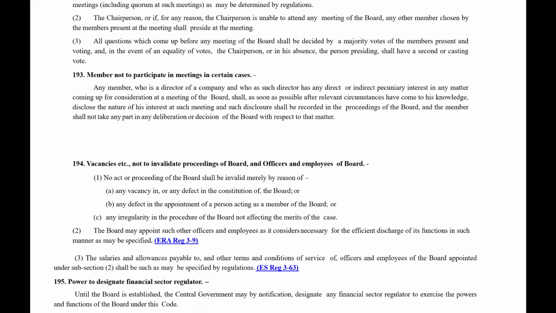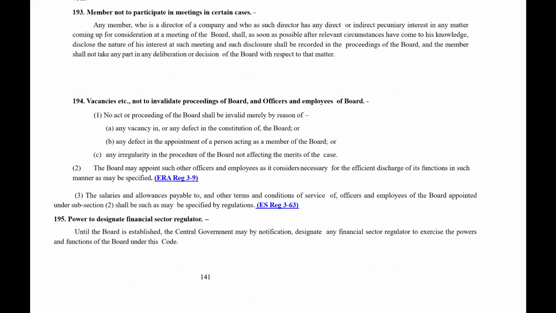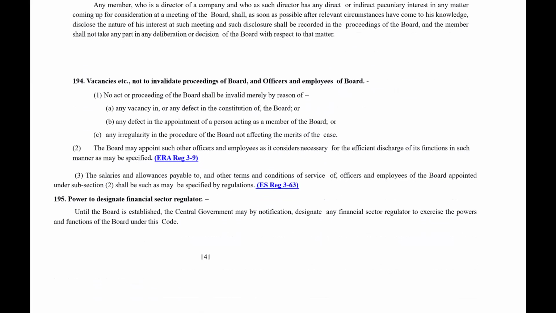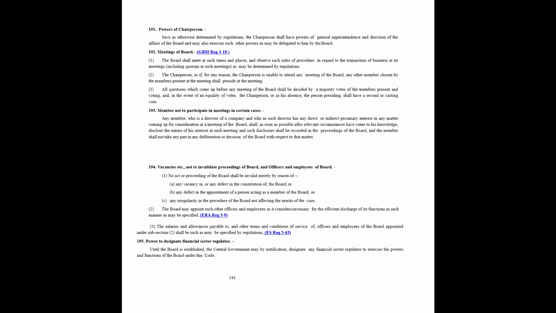ठीक है, नाउ सेक्शन 194। सेक्शन 194 बोलता है वैकेंसीज एटसेट्रा नॉट टू इनवैलिडेट प्रोसीडिंग्स ऑफ बोर्ड एंड ऑफिसर्स एंड एम्प्लॉयज ऑफ द बोर्ड। ठीक है, अच्छा, बोर्ड में जो एम्प्लॉयज के लिए है आपके एंगेजमेंट ऑफ रिसर्च एसोसिएट्स, ये आपके रेगुलेशंस। द सैलरीज एंड अलाउंसेस पेएबल टू एंड अदर टर्म्स एंड कंडीशंस ऑफ सर्विस ऑफ ऑफिसर्स एंड एम्प्लॉयज। तो 3 तरह के रेगुलेशंस हैं। एक तो चेयरमैन एंड गवर्निंग मेंबर्स ऑफ द बोर्ड के रेगुलेशंस है, एक फिर एंगेजमेंट ऑफ रिसर्च एसोसिएट्स के रेगुलेशंस है,